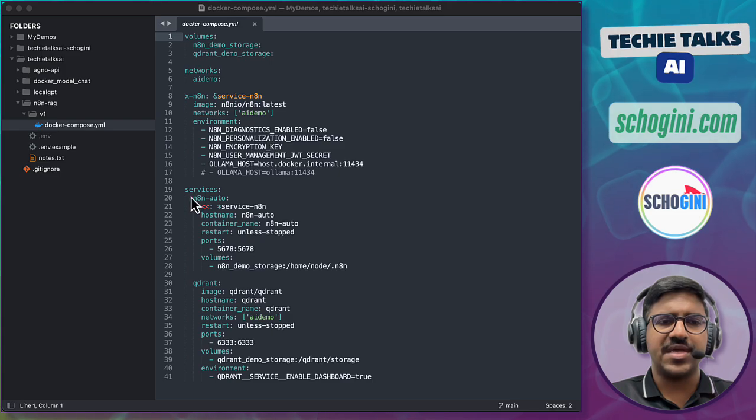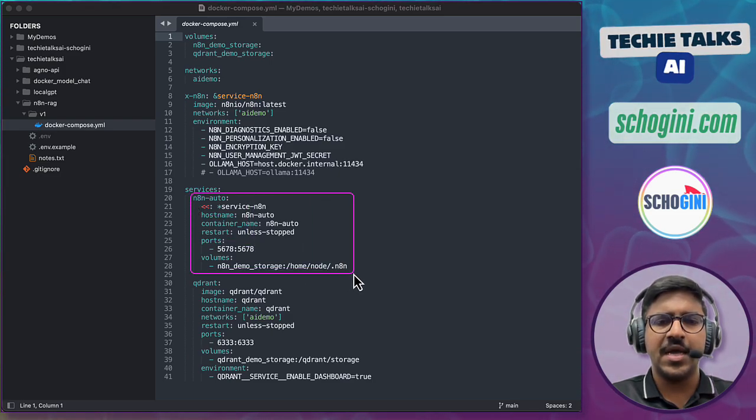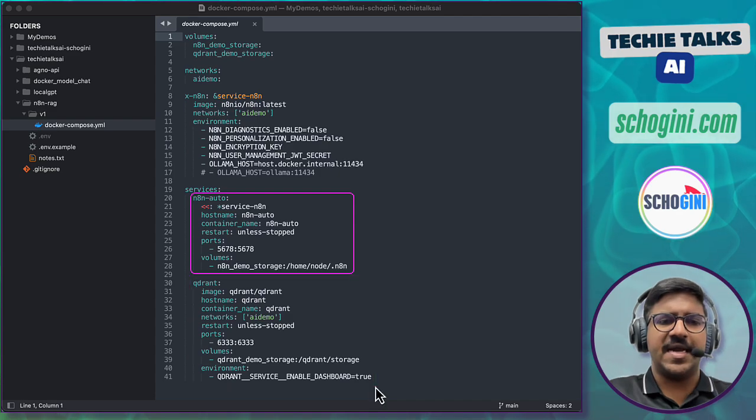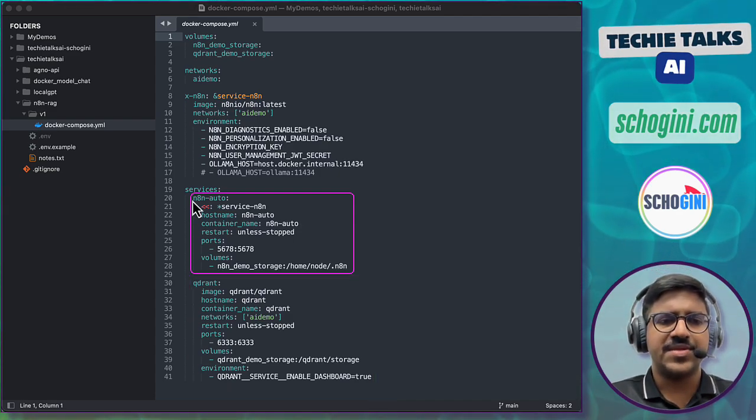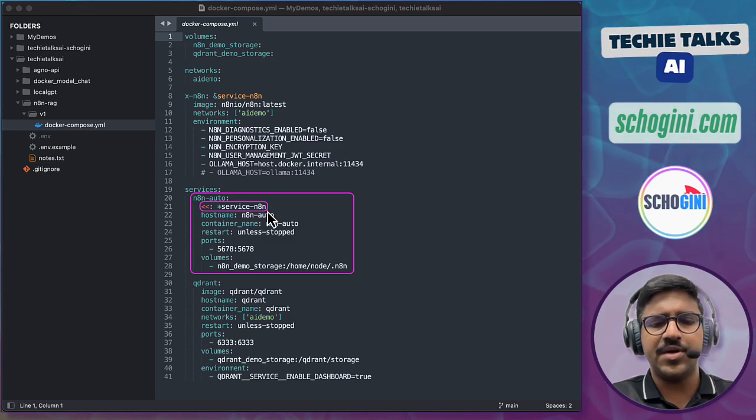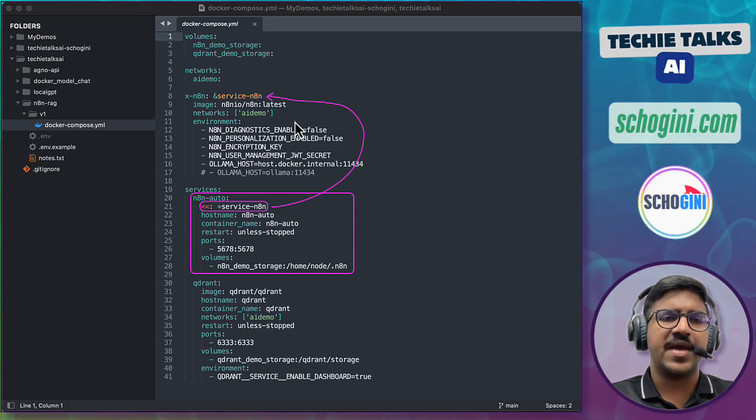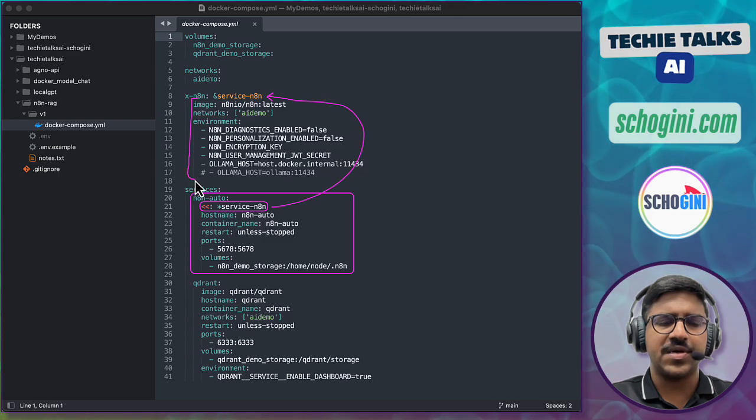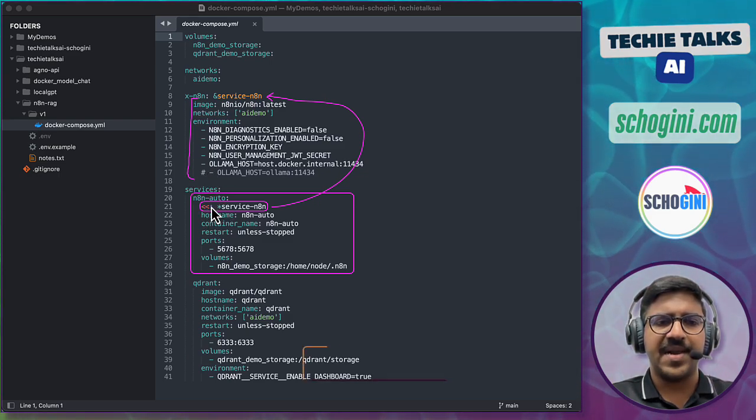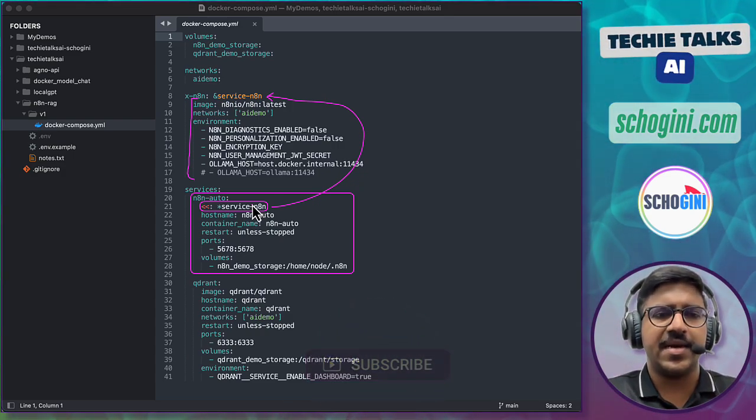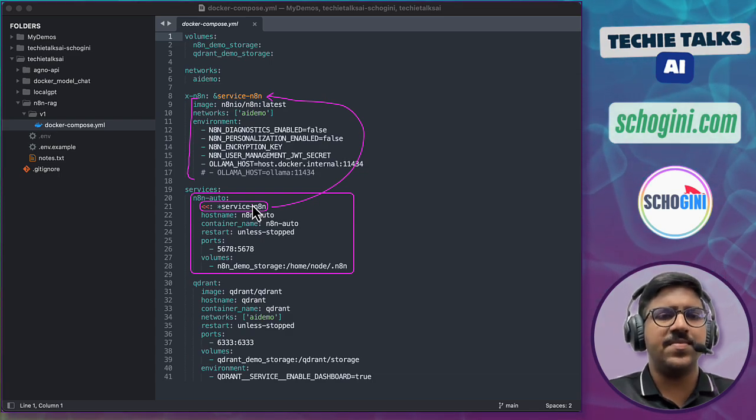So here, as you can see, there are two services that we are creating. One is named n8n-auto and another one is named Qdrant. Let's first look at the n8n-auto service. This is how you will be able to refer to the placeholder section that we created earlier. All the content that we added within that placeholder section will be replacing this line. So this is a very good way for us to create Docker Compose files which reuse the same lines of code